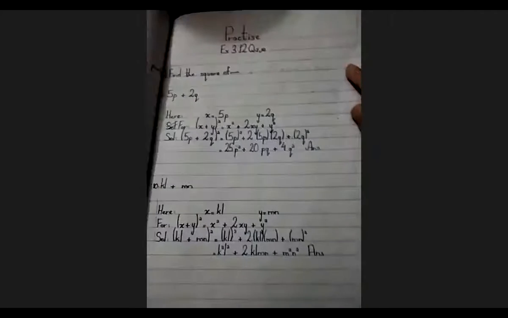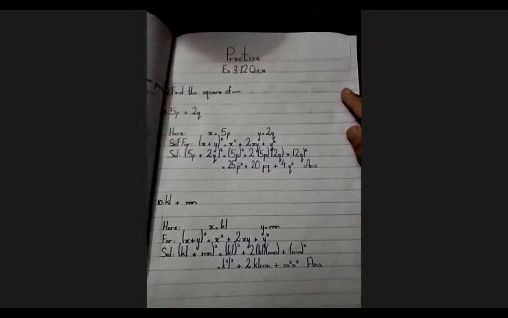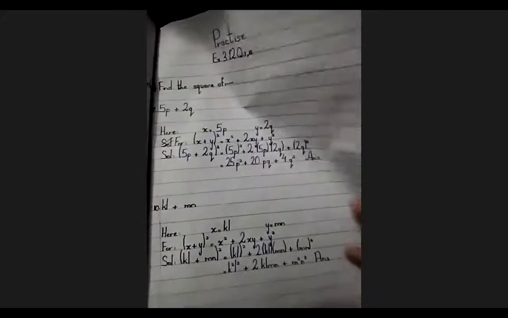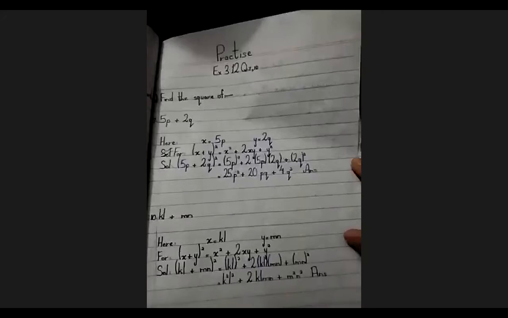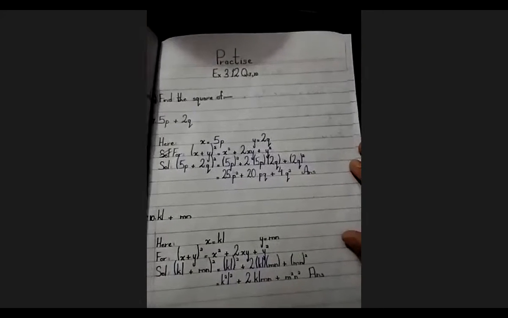Here we can see Ali's copy on the screen. Very good, Ali. This was exercise 3.10. We get x square plus 7x plus 12. Very good. Now show me. Here we have to find the square. So we get 5p plus 2q whole square, 25p square plus 20pq plus 4q square. Very good. And the second answer is also correct. Next copy is of Ramla. The students whose work is checked by me, please start the next question.